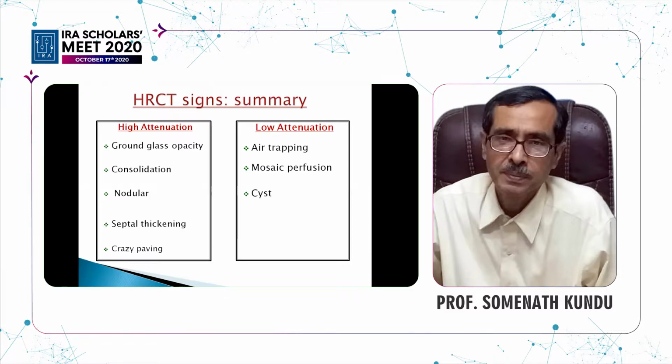The low attenuation signs are air trapping and mosaic perfusion, that is alternate areas of ground glass and hypoperfusion areas. Cysts, we have described honeycombing as multi-layered stacked cysts with shared walls. Combination of signs gives